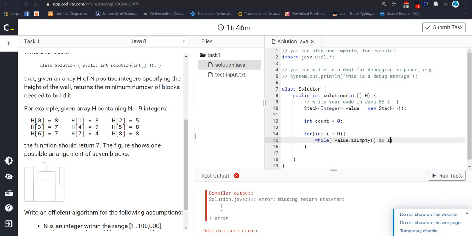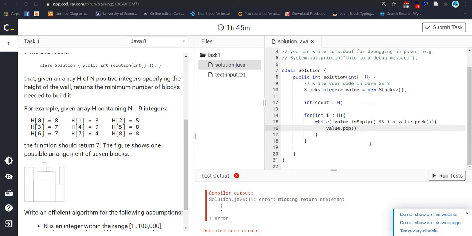The second condition is I is smaller than below.peek. If it's like this, then below.pop. There is no variable inside the pop method, so we don't need to define anything.